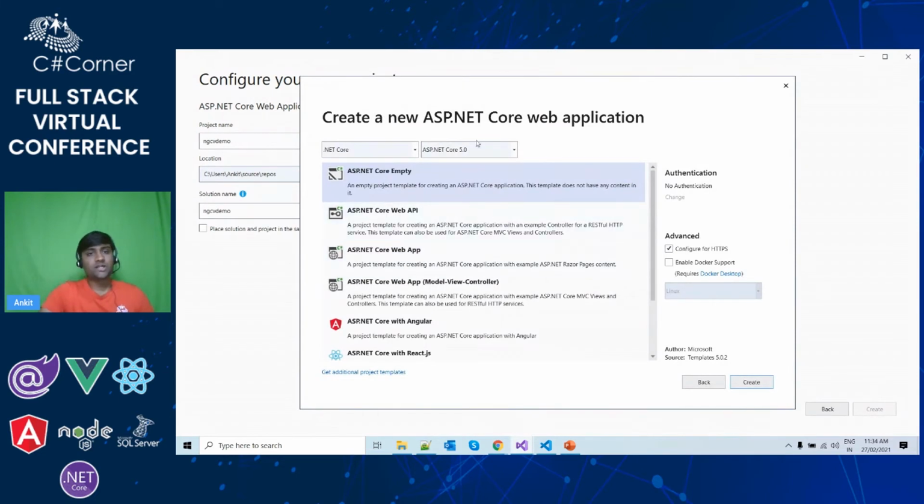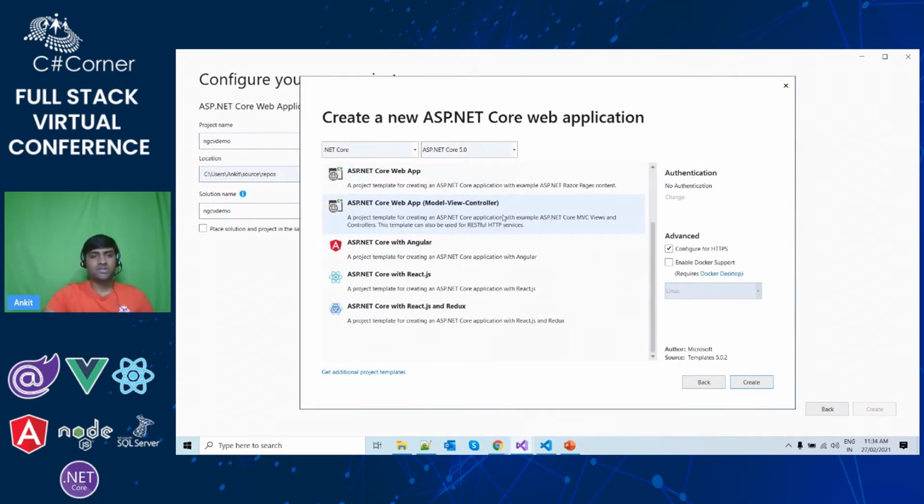In this page, create a new ASP.NET Core Web application. Please select ASP.NET Core with Angular template. And in the top drop down, select ASP.NET Core 5.0. If you look at this drop down, it will show you all the ASP.NET Core versions which are installed in your machine. So I have 2.1, 3.1, and 5.0. So we are going to use the latest one, 5.0, and select this template and then click on the create button.